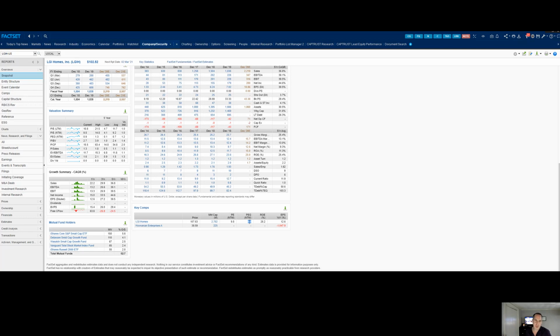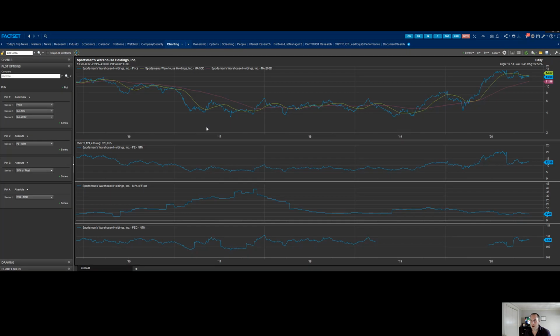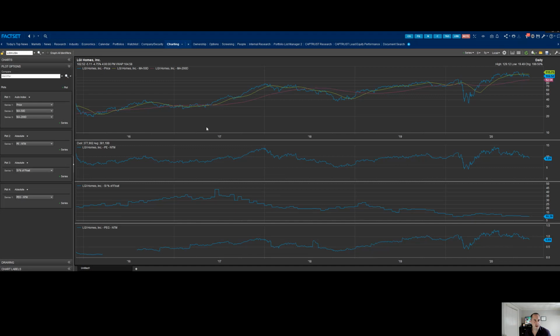The rationale for that is that LGI Homes focuses on only homes an hour outside of cities, and that gives them a particular advantage. If you end up being right, it's because your thesis of them being cheap because their business is so good justified the higher valuation. Well, if you're wrong, it's because the story didn't play out, right? Maybe people move back into cities pretty quickly. We'll pivot back to the slide. Actually, I'll show you one more chart here, and then we'll go back. And this is another chart I'll use for valuation.